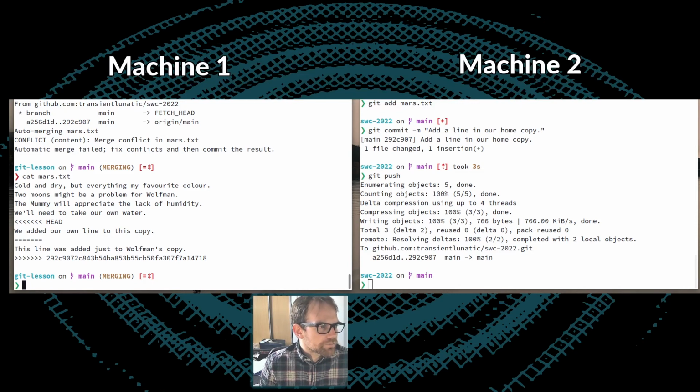So the simplest thing for us to do is just to open this in an editor and manually reconcile these changes. That's a perfectly straightforward thing to do when we've only got this one change to deal with. So let's open nano mars.txt.